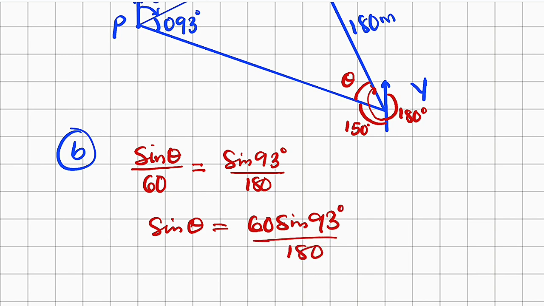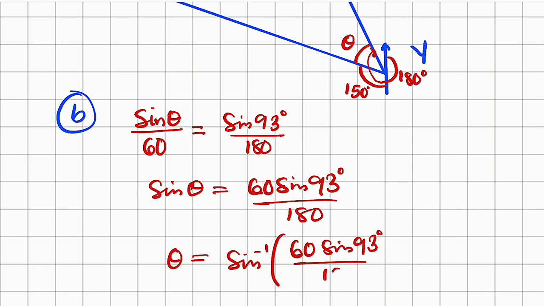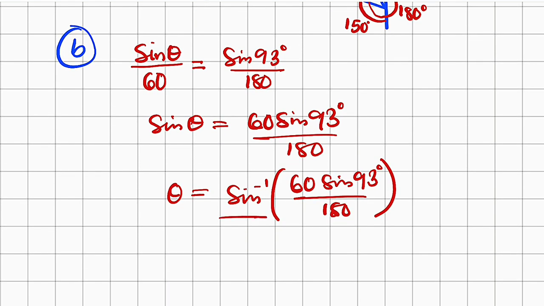You can take your calculator, or write everything at once by taking sine inverse of both sides. To the left you have only theta, because we are looking for theta. This is equal to sine inverse of 60 multiplied by sine of 93 degrees divided by 180. Punch everything in, press sine inverse, and this will be approximately equal to